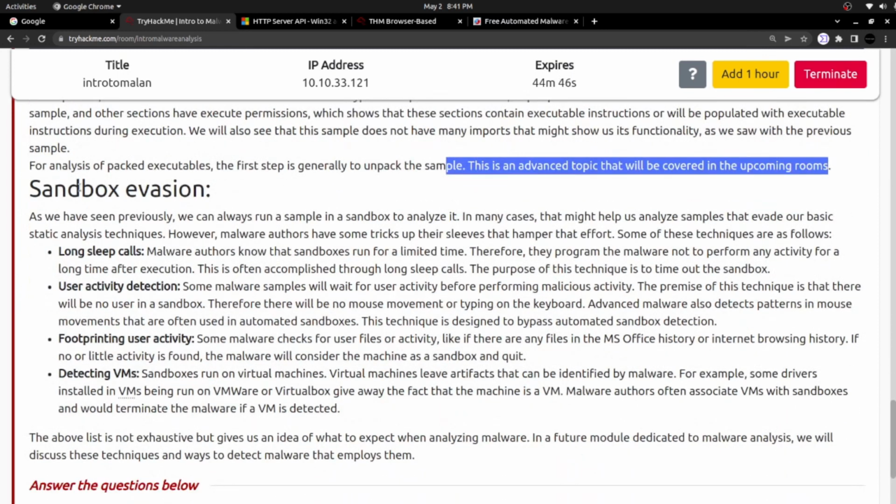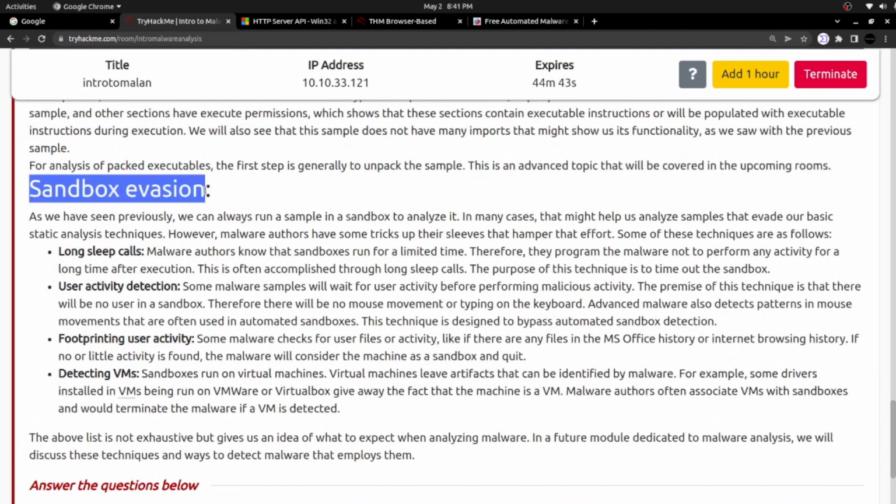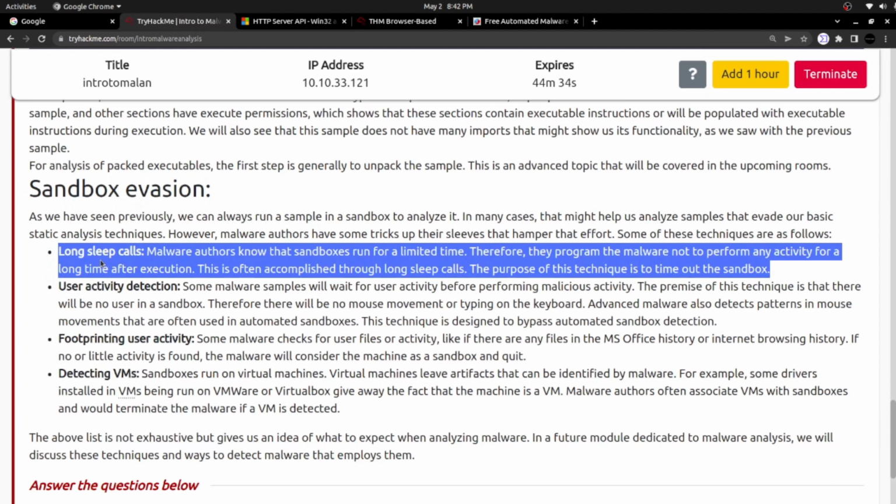Sandbox evasion. This is the topic that I gave a brief intro to before. So what they are denoting is what sandbox evasion is all about. These are the techniques. Long sleep calls: the malware authors may build the malware to sleep for some time before running its execution. So whenever you are using such malware in sandboxes, especially when you are trying to analyze it dynamically, since it is calling the sleep function, it won't be executing for a long time,